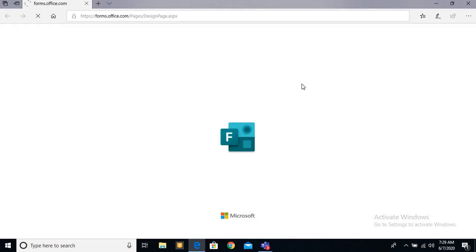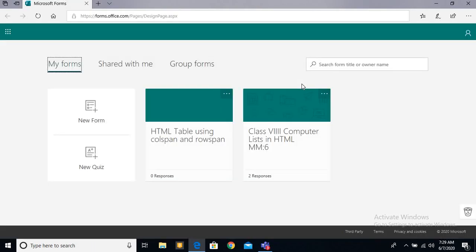When you click over here, it will switch to the browser automatically. On my end, my account is already logged in, so it directly opens Microsoft Forms. But on your end, it will open a window where you click get started. When you click on that, they will ask you to log in. So please log in with your Microsoft account. After that, you will get this interface. Here you have to click on new quiz.